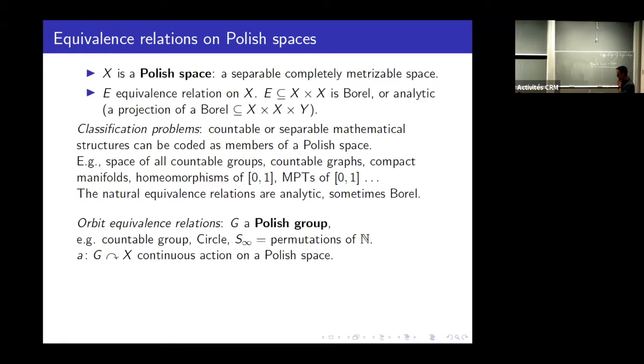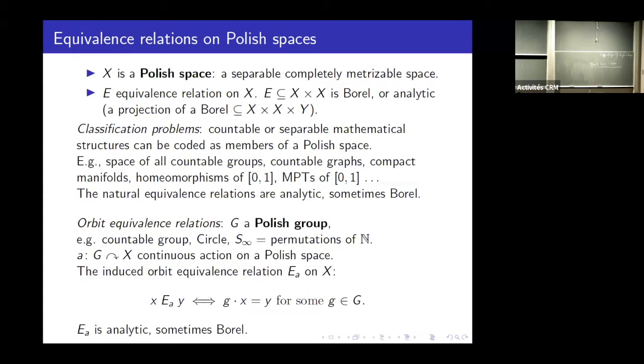An important group for today would be this S infinity. You take the natural numbers, or some countable set, you look at all permutations of this set with the pointwise convergence topology, and that turns out to be a nice Polish group. Generally speaking, you can talk about the space of permutations of all sorts of structures. Now, given a group, you usually study its actions on other spaces. In this case, it would be a group acting continuously on some Polish space. The induced orbit equivalence relation is defined as: X and Y are orbit equivalent if there is some group member